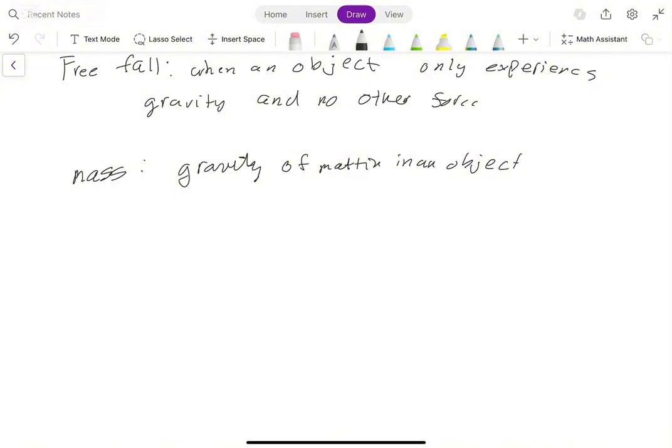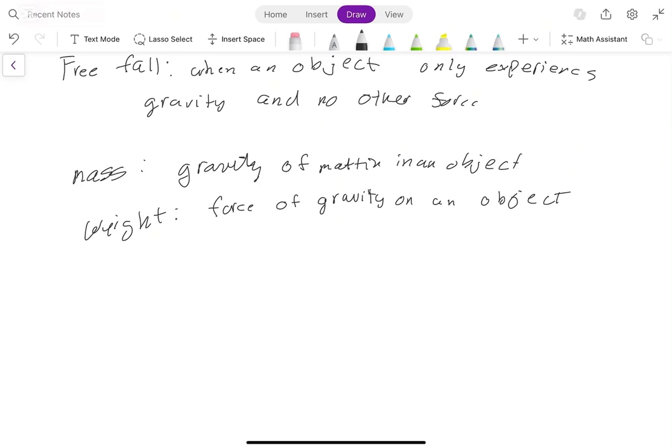So terminology wise, they have differences. So when we write weight, that is understood as force of gravity on an object. So now that we have some of those terms out of the way,